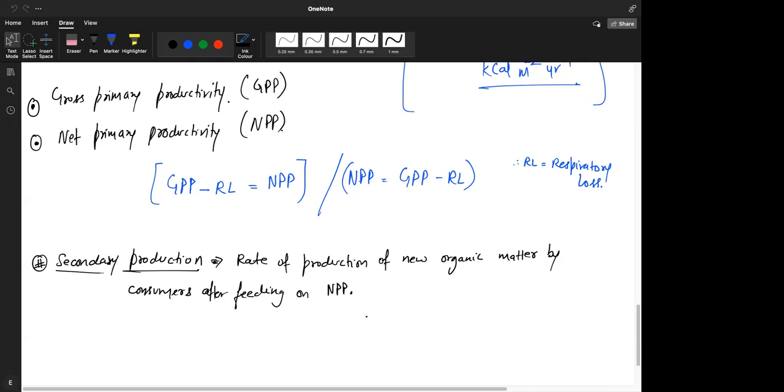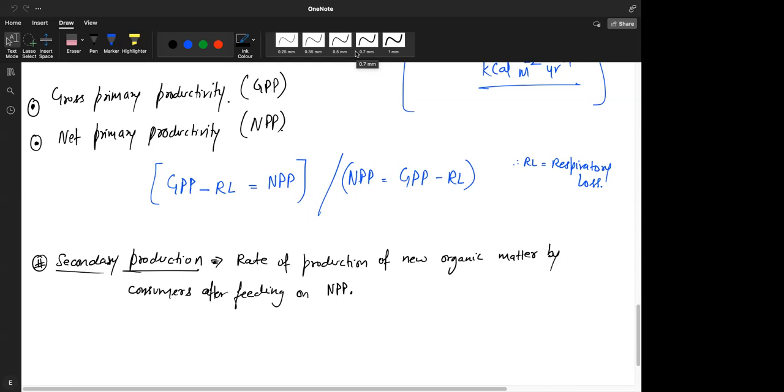Come on, this is a question for you. If I end up giving the answer, there's no point asking the question. Someone has to answer or we can move forward. GPP? No, none of these. Primary production does not depend on GPP. Primary production is GPP. Primary production depends on raw material and energy from the sun. That's what we discussed in the first place. Sometimes none of the above is also the correct option. This was just to trick you.